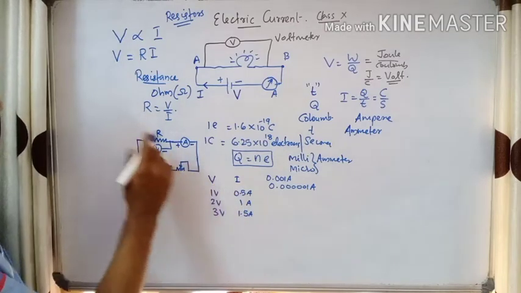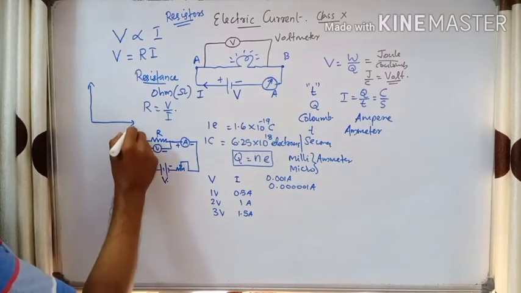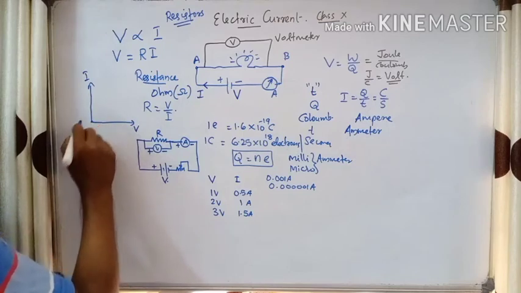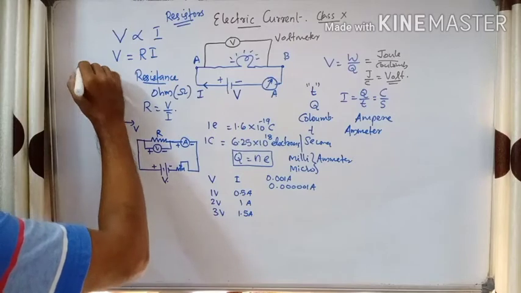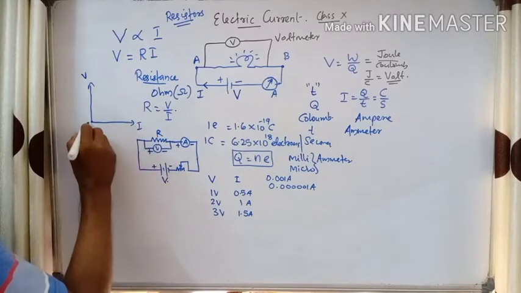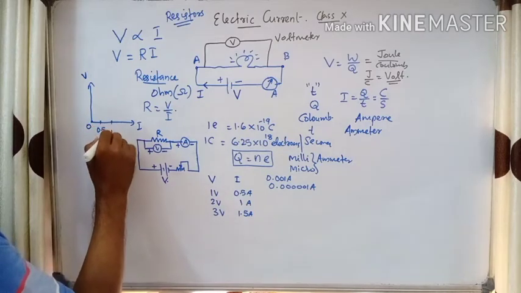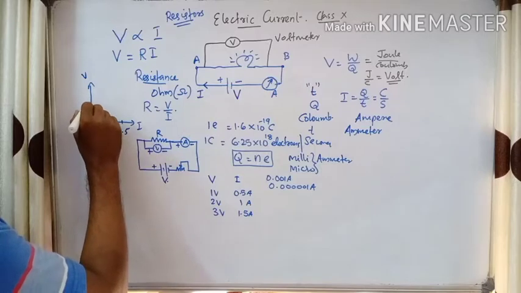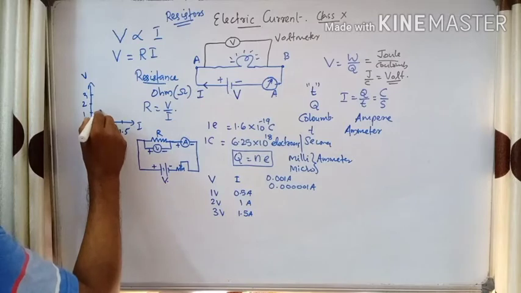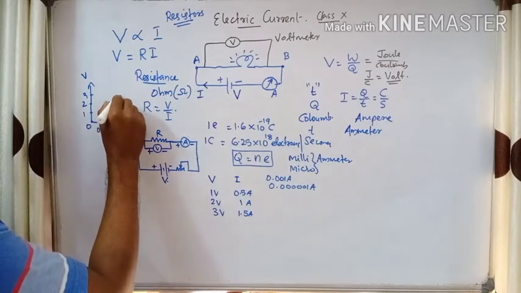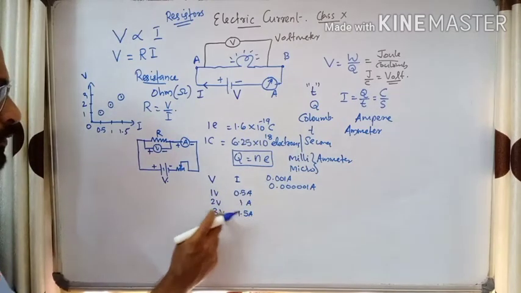When you plot a graph between V and I, we can take V along the x-axis and current along the y-axis. Okay, I will just replace this. Voltage here. In both manners we can draw the graph. Current values I use are 0.0, 0.5, 1, 1.5. Voltage values I can use are 1, 2, 3. When you mark the corresponding points, these are the points. 0.5 corresponding to 1, 1 corresponding to 2, and 1.5 corresponding to 3.